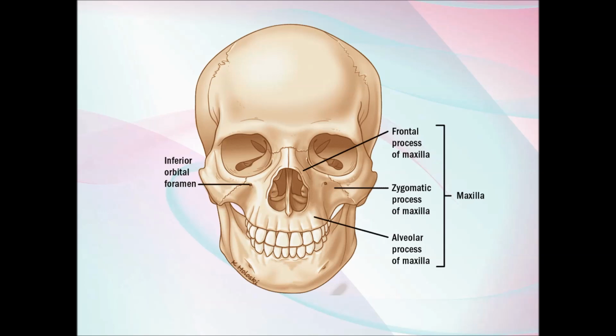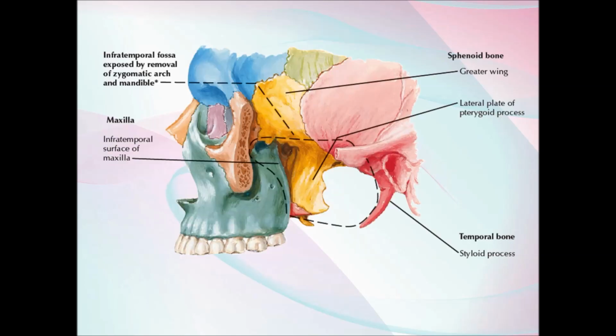The second landmark is the zygomatic process of the maxilla. Now let me draw the maxilla for you to make it more clear what exactly the zygomatic process is. I know you all have read the osteology, but still, this is the zygomatic process of the maxilla, and this is the second landmark for our posterior superior alveolar nerve block. The third landmark is the infratemporal surface of the maxilla. This is our third landmark. The landmarks are a very important question.